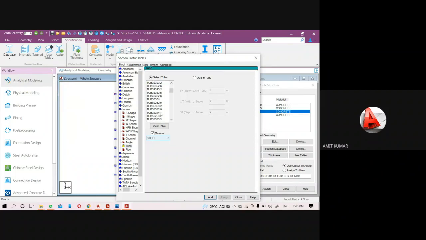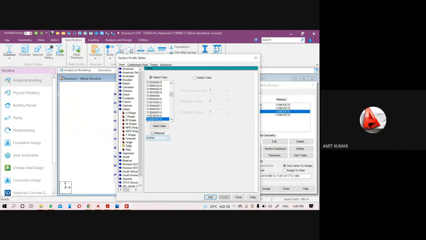Okay, same you can see different thickness values also, like 65 by 32. That means the major axis of the tube is 65 mm, minor axis is 32 mm, and the thickness of the tube section is 3.7 mm. So these values will define the properties of the tube. Okay, you can see the name according to that.